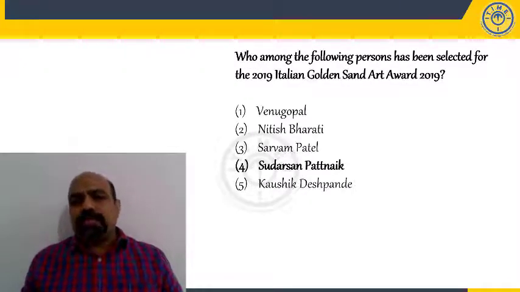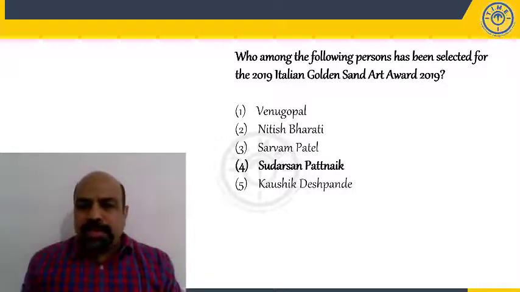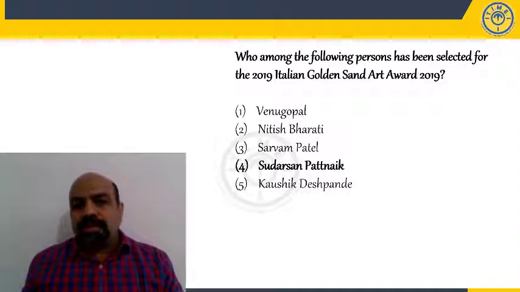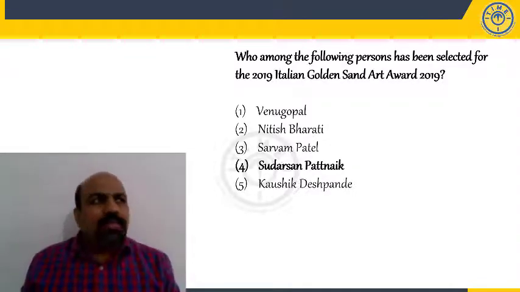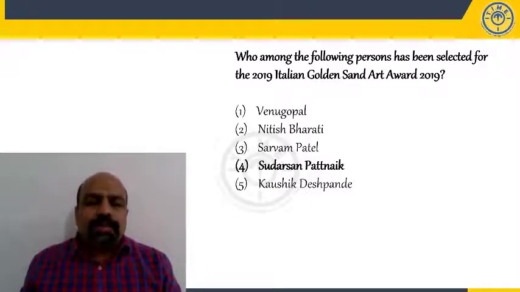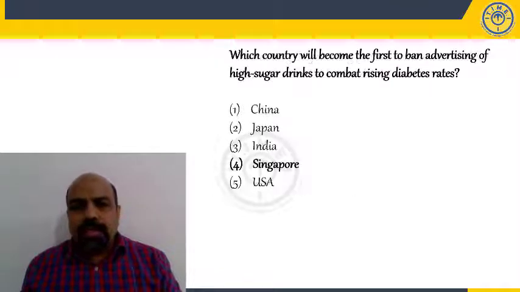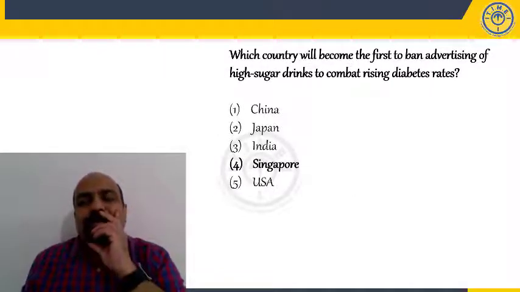Which of the following persons have been selected for the Italian Gold Sand Award? Always Sudarshan Patnaik is world class. Often he does this on, I think, the sand beaches of Bhubaneswar, if I'm not wrong. Yes. Which country will become the first to ban advertising of high sugar drinks to combat rising